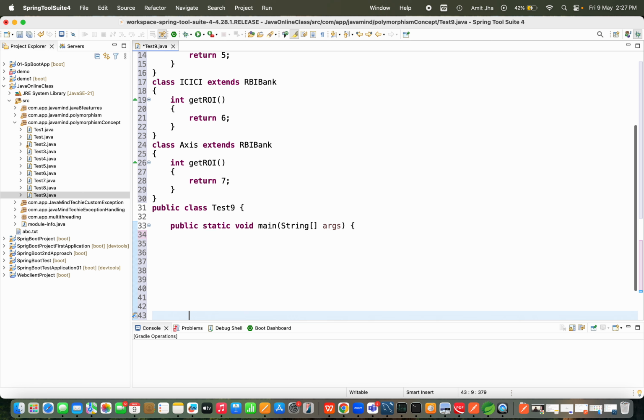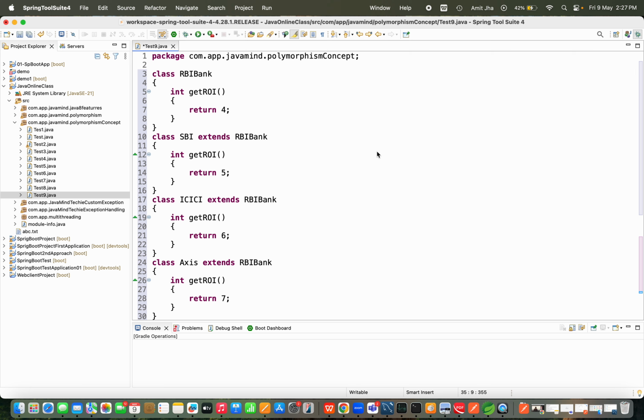This is very interesting guys. Our concept is going to get interesting now. See, if I want to access the parent class implementation, what can I do, guys? I can do,